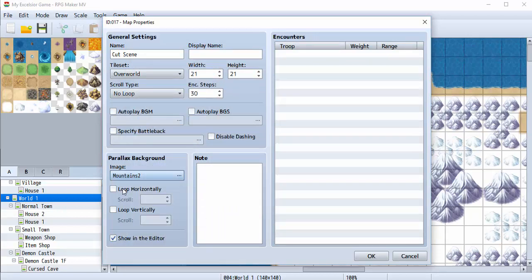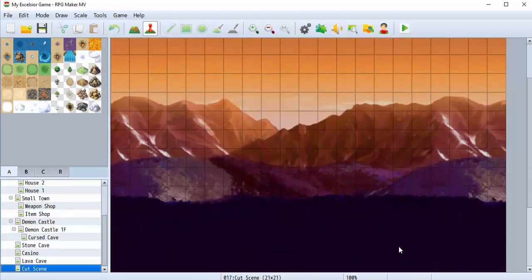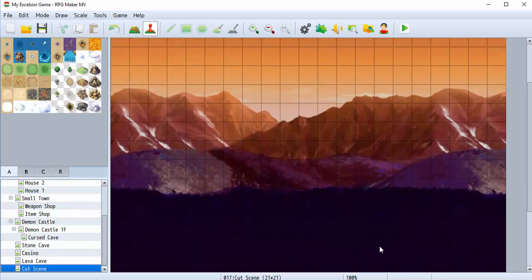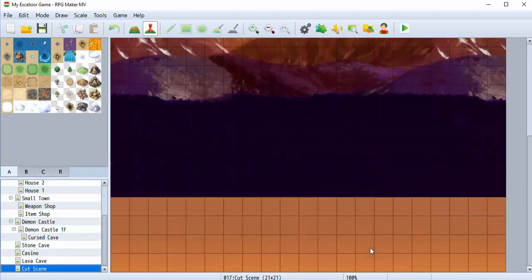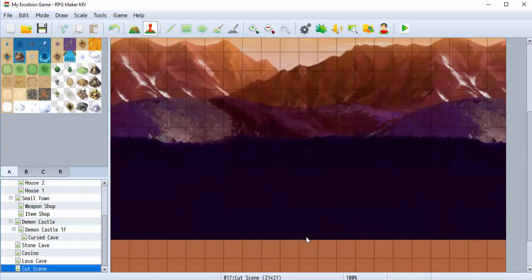Loop horizontally or loop vertically. I want to loop horizontally and I'm going to scroll this map, not very fast. Okay, and let me show you what that does. Okay, so what we want to do, so you can see it's kind of, I would like my character to